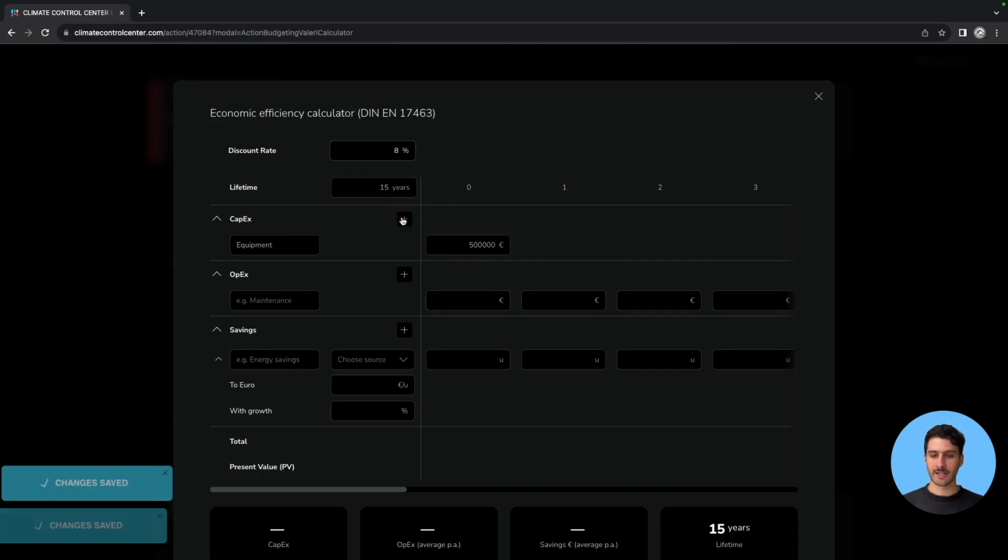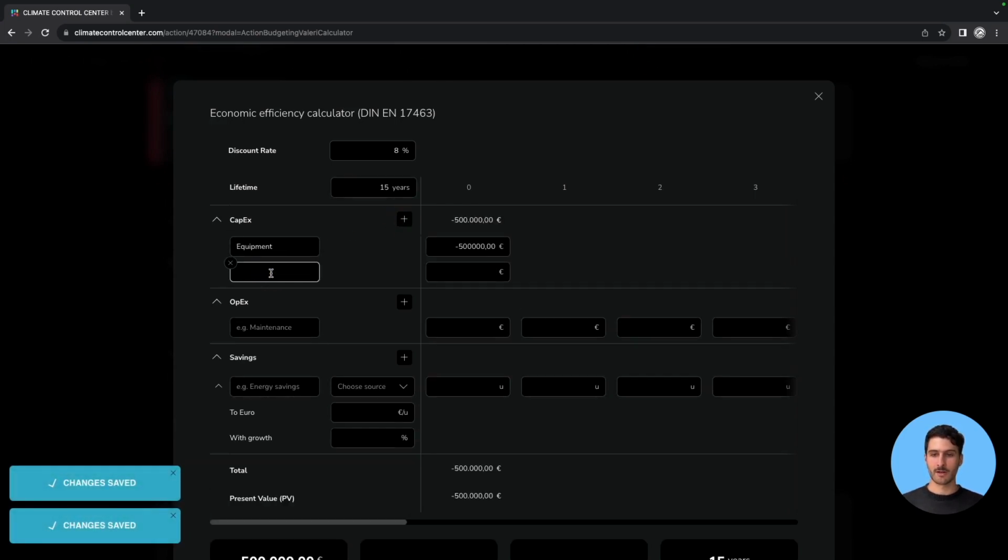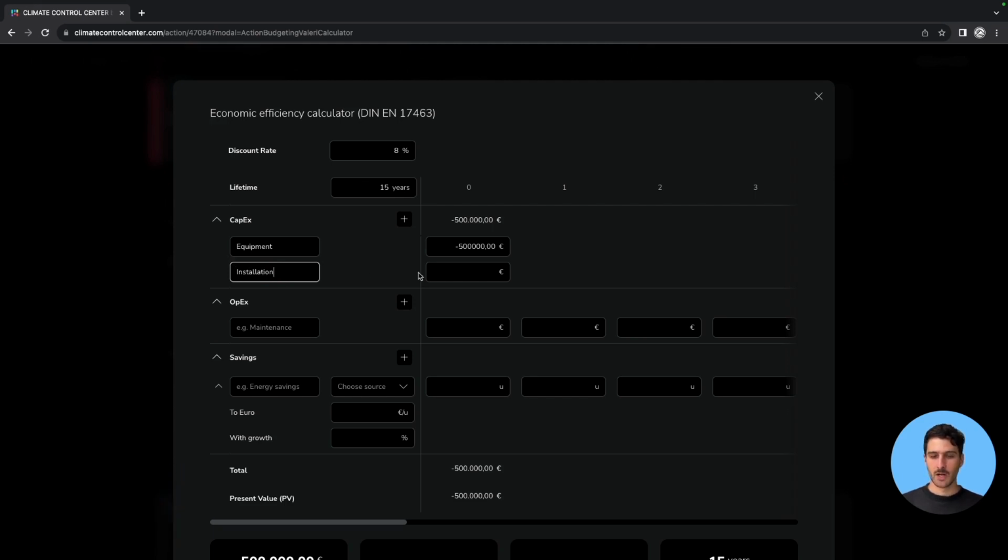And we have a second capital expenditure, which is the installation cost in this example, which will amount to 50,000 euros. Now that we've populated the CapEx, we'll move on to the OpEx, or operating expenditure, which is anything that is required day to day to run your business, including salaries, utilities, office supplies, but in this specific case, mostly maintenance. So this will be the first thing we add right here,